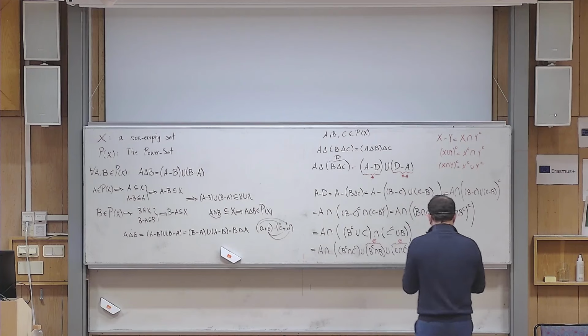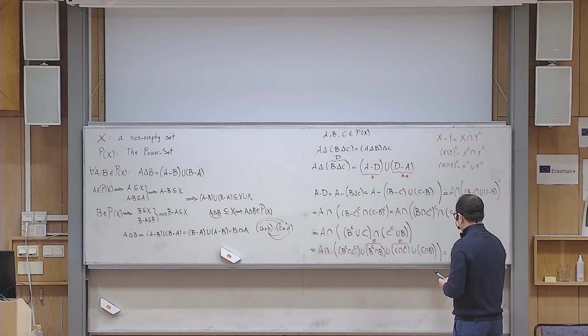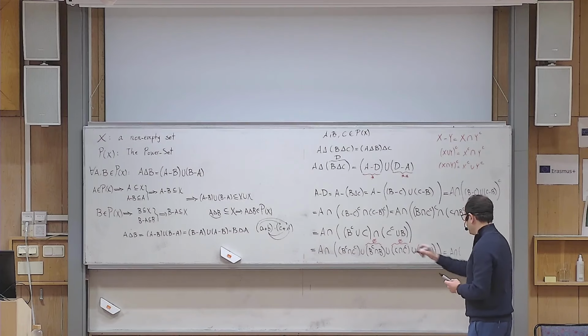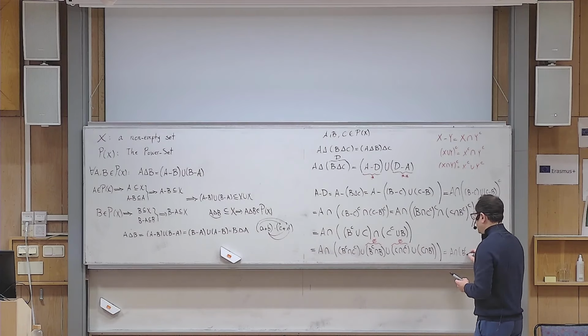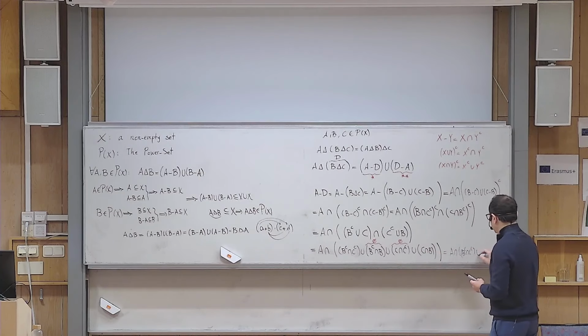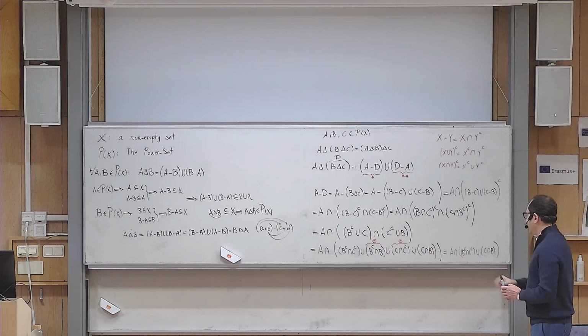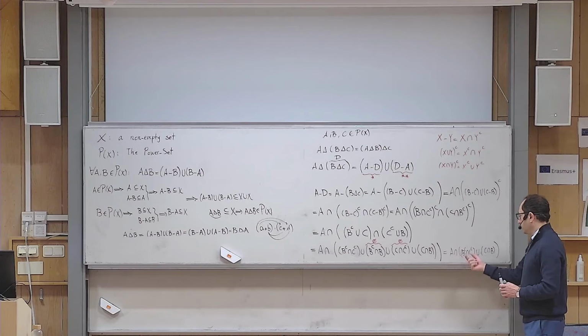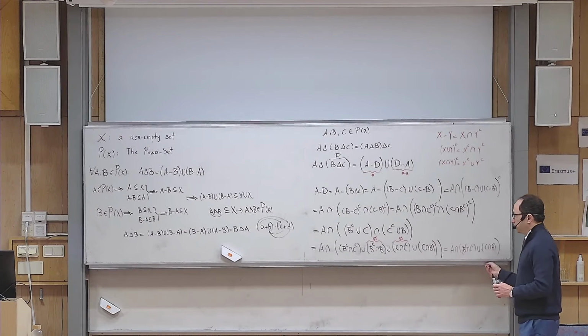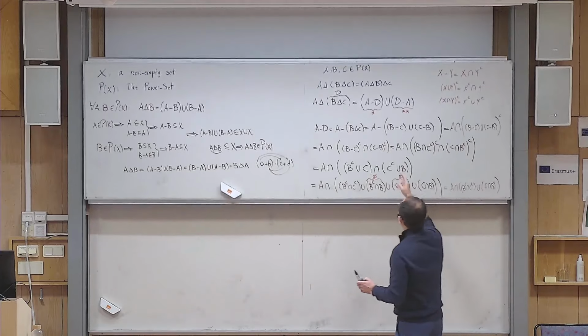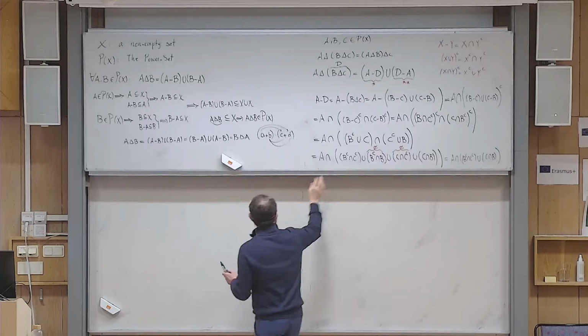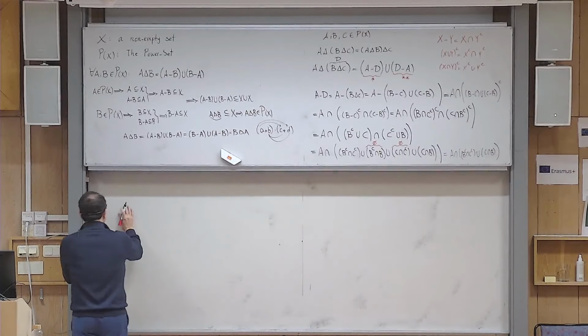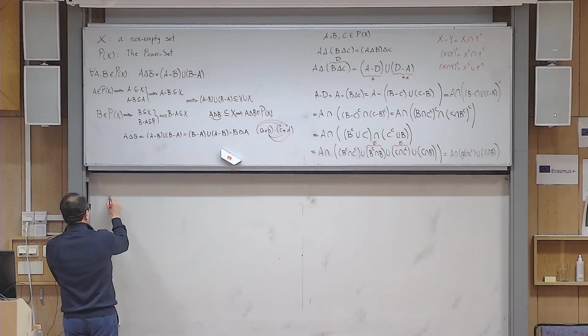So this becomes equal to A intersect with the first one, B complement intersect C complement, and then union C intersect B. Yes? And now again, I can use distribution law. So A intersect with that, union A intersect with that. Okay, and I call that star. So let me write star here and put it to the box. So my star is now equal to